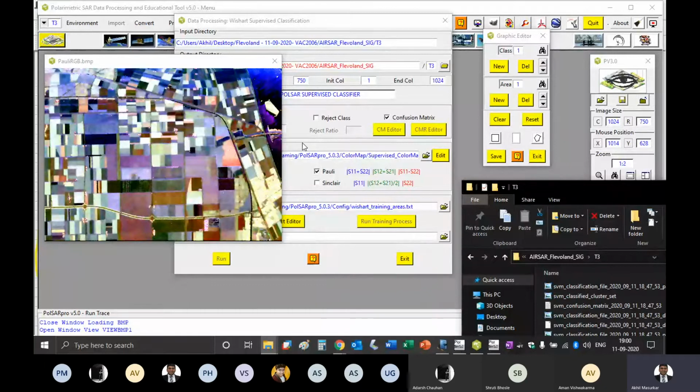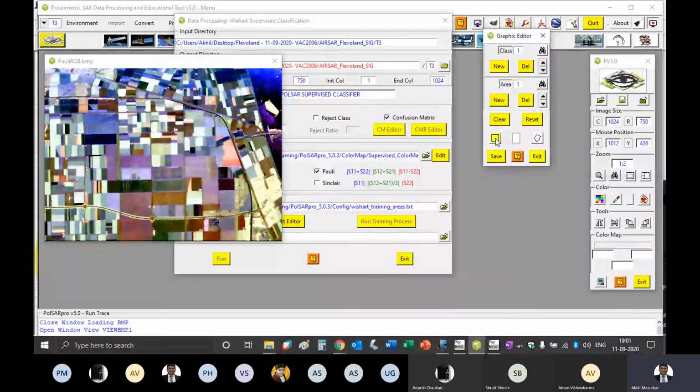If we use this graphic editor option, you can give training areas. But the training area will not be exactly the same as that of SVM. It could be near SVM. Somebody can say I'll give exactly the same point, but there will be a difference between the training areas that you give, and that is the reason why we are doing this trick.